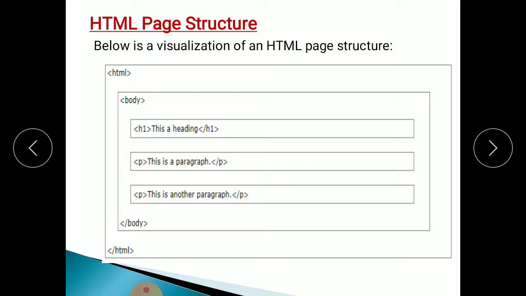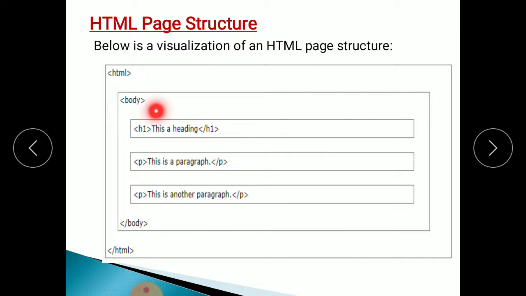For the closing tag, use the angle brackets and give the forward slash. Using forward slash, each tag is closed. So you write the forward slash p. This is the closing of this p tag, the paragraph tag. Then this is p. I have used another paragraph. If I want to write another paragraph, I use another p. This is another paragraph and the closing of this tag uses the forward slash sign.